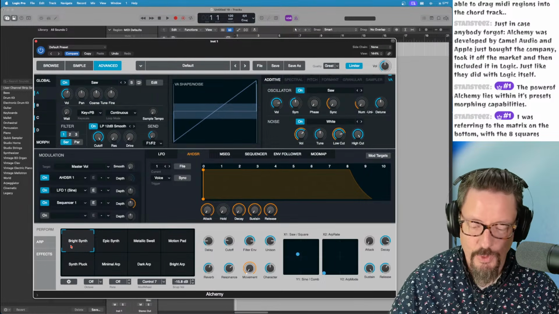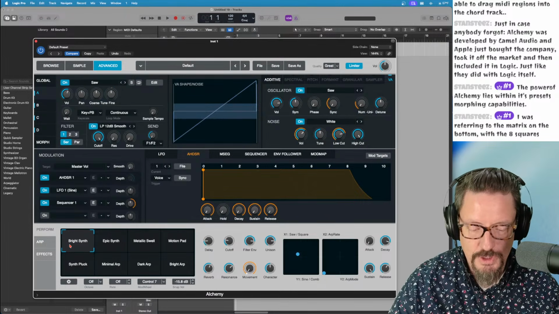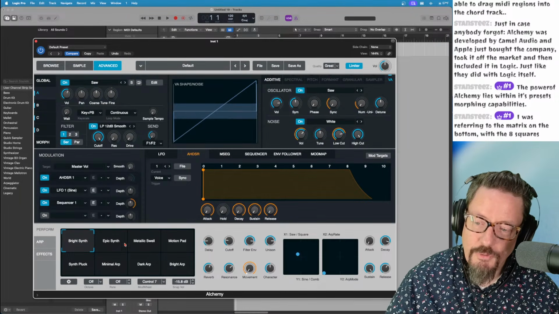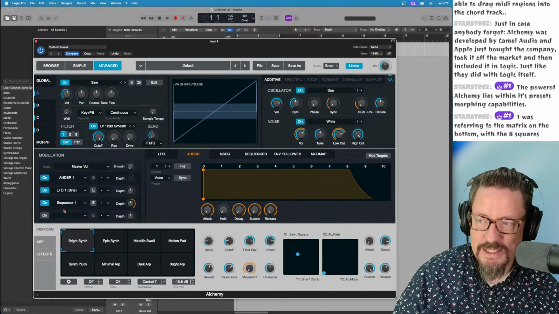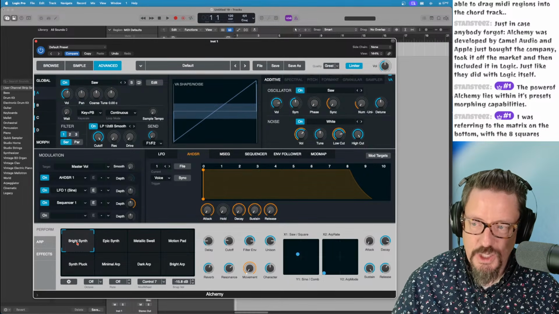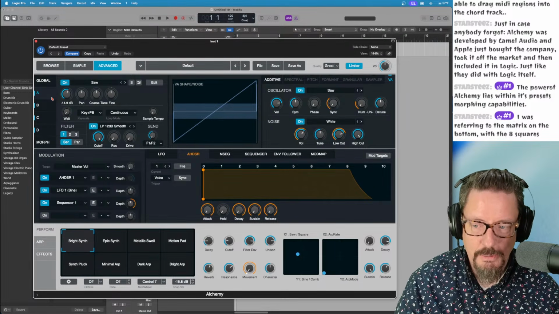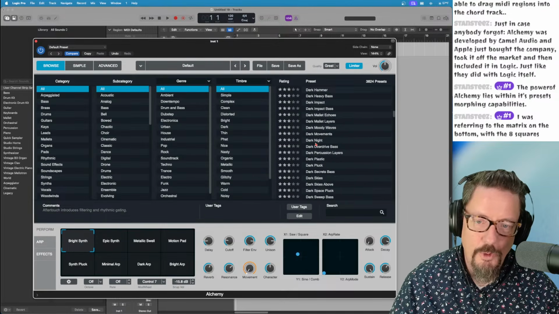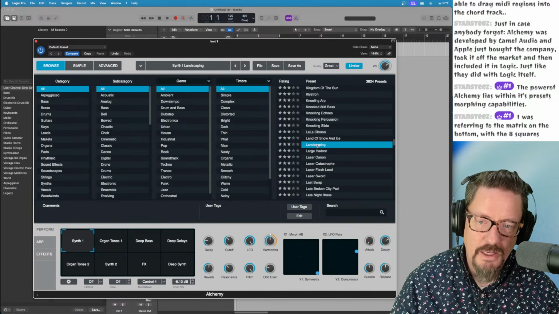This may be one of the few areas where I feel this is more interesting, but I really feel like that means every single preset isn't just a single instrument. Maybe this is what we're talking about in terms of the browser, right? So if I pull open any of these things, let's just find Landscaping, right?